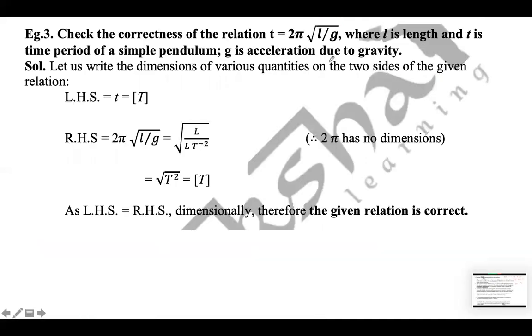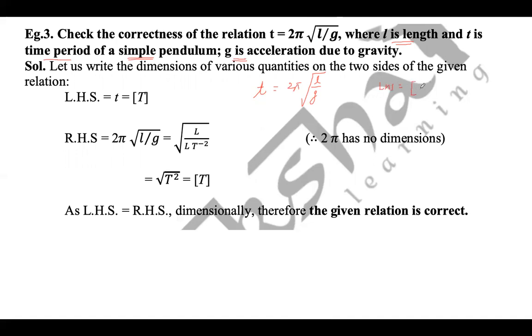For example, let's say we have to check the correctness of the relation T is equal to 2 pi root under L by G. The equation is time period T is equal to 2 pi root under L by G. We know that L is the length of the pendulum, T is the time period of the pendulum, and G is acceleration due to gravity. So if we find the dimensional formula for the LHS,